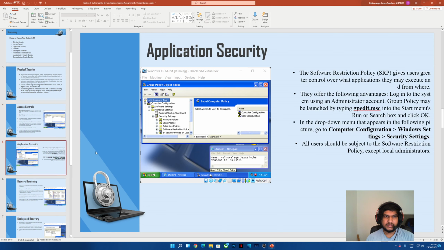For the third technique, we are talking about application security. Under application security, the software restriction policy (SRP) gives users greater control over which applications may execute and from where. Furthermore, it also offers the following advantage: log into the system using an administrator account, and group policy may be launched by